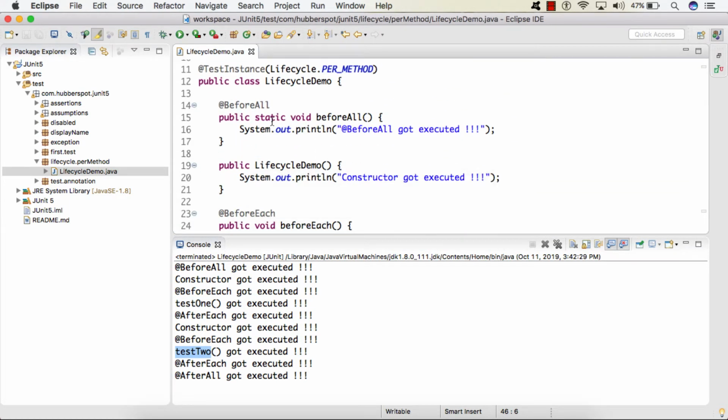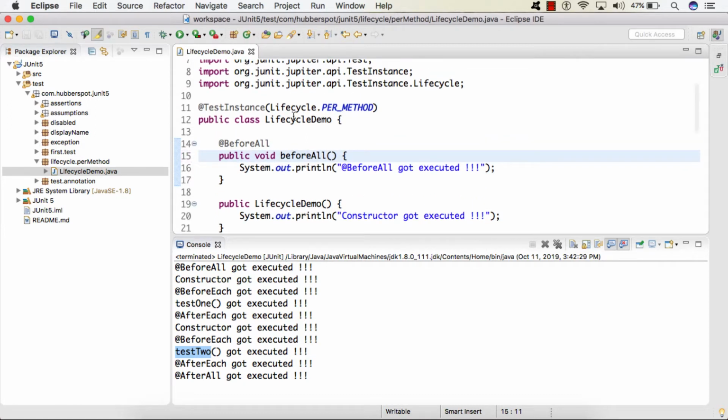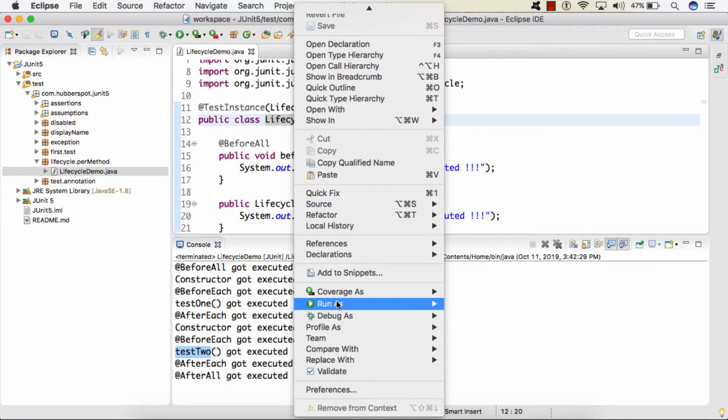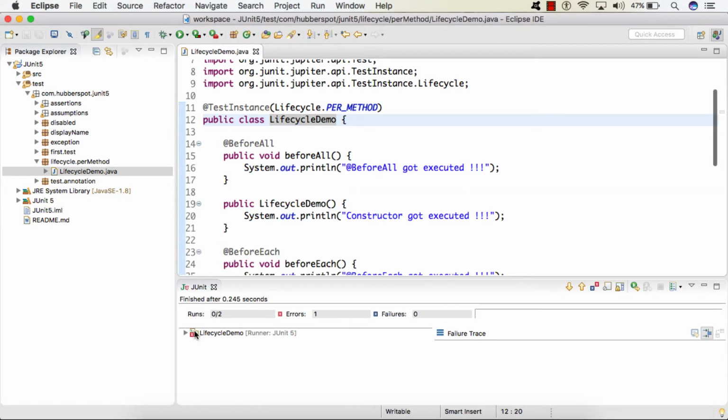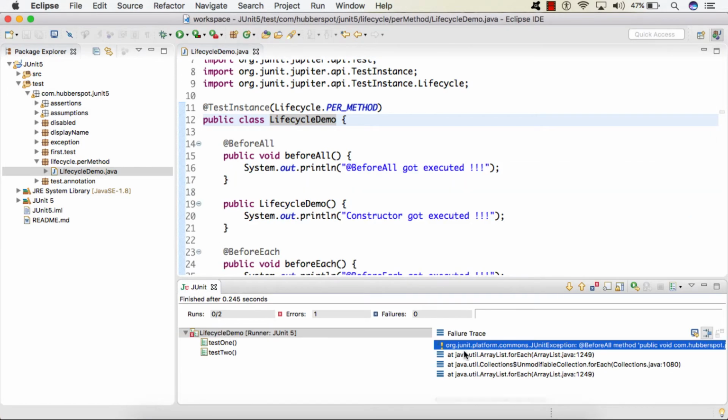Also friends, as it is a static method, the framework executes it before even creating the instance of this class. So if I remove this static and run the test case, you will see an error. Here it throws a JUnit exception saying @BeforeAll method must be static unless the test class is annotated with @TestInstance lifecycle per class.